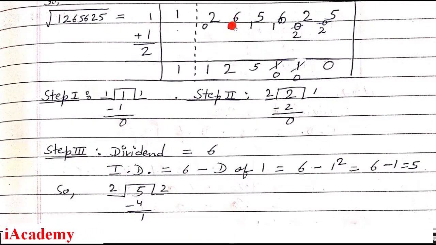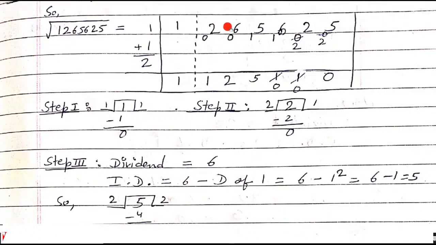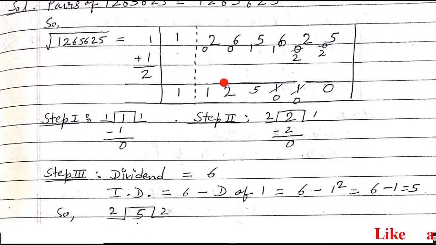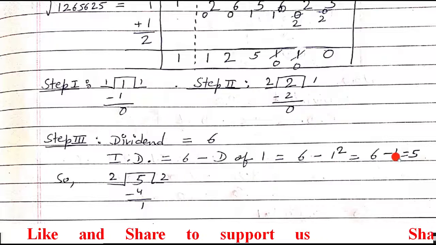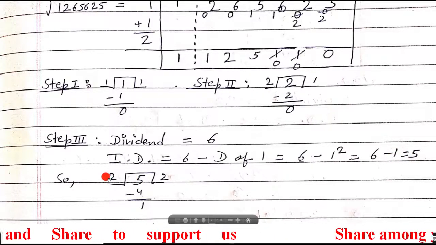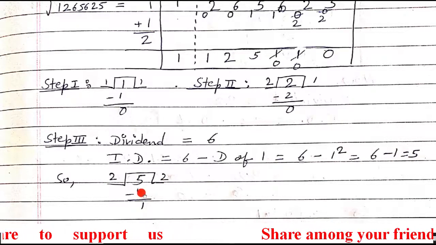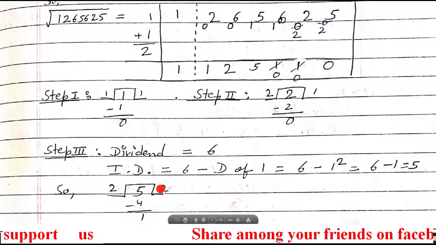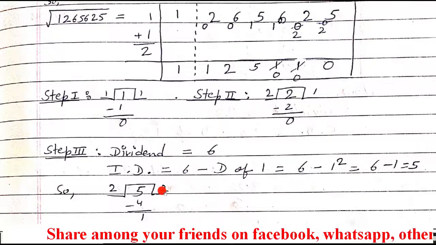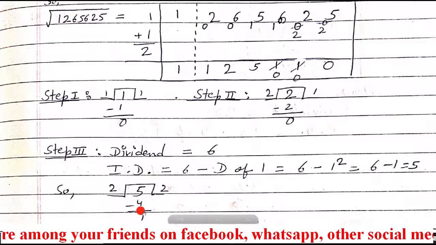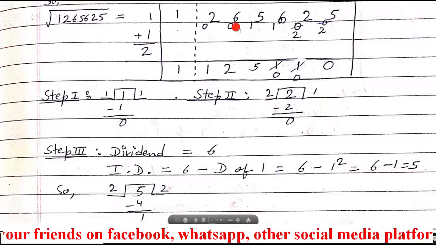Now for the next step, the dividend is 0 6. Because it's the second dividend, we have to improve it. Before this column we have 1, and after the dotted line we have only 1. So to improve it, 6 minus dvandva of 1, so it's alone. 1 squared is 1, 6 minus 1 is 5, 5 divided by 2 is 2, 2 twos are 4, so we got 1. So the quotient is 2. Write it down here because we divided this 6. So write this 2 here and this 1 here because it is the next digit.